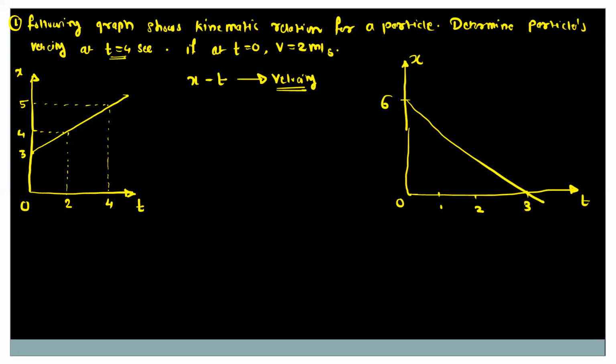So if the graph nature for position time is a straight line, so basically this is first degree, and this is also first degree. Okay, so this has a positive slope, and this has a negative slope. So if the position time graph is a straight line, that is a first degree curve, then what is the nature of the velocity time graph? Okay, so for that you have to refer to the standard relations.